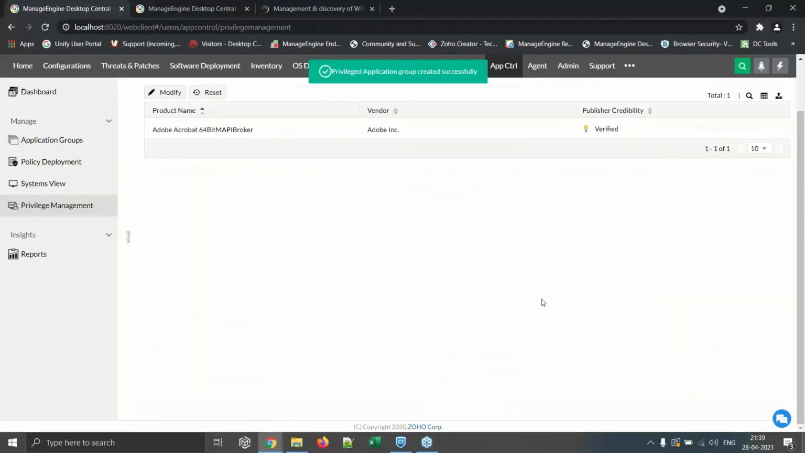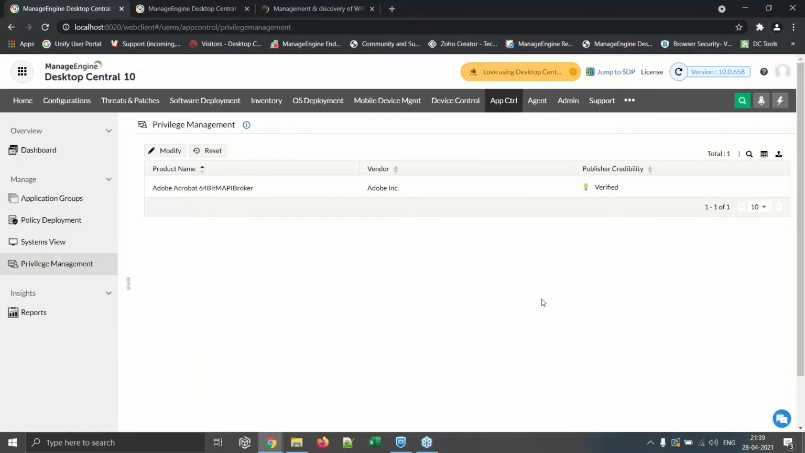I created this, okay. And then if I say this application is privileged, I can simply go to the